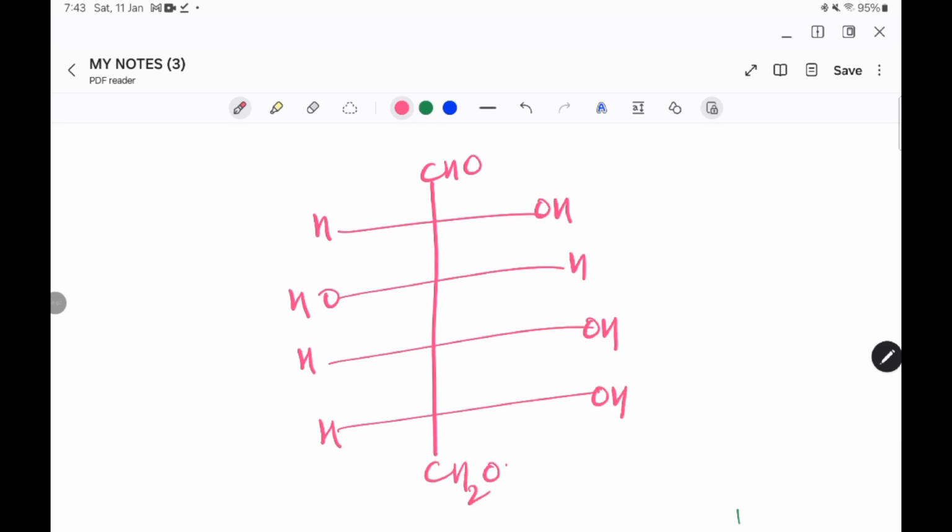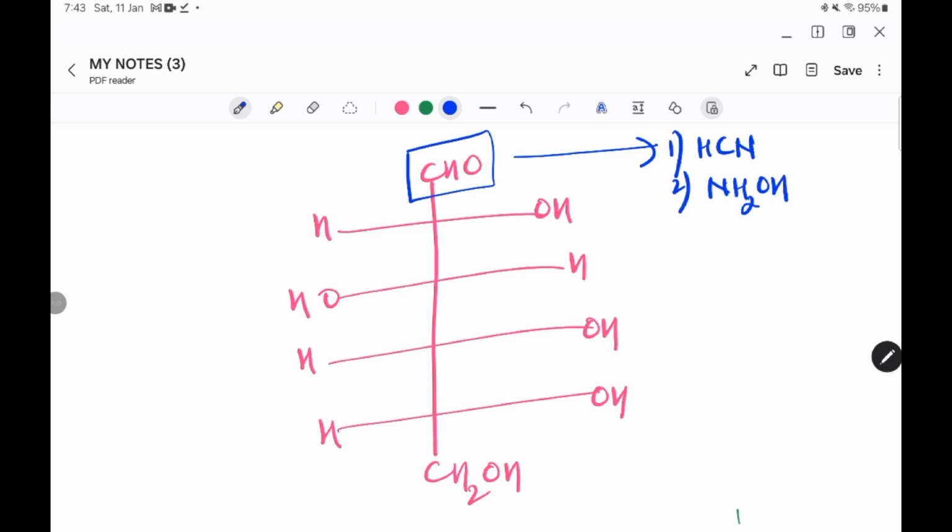So here, what we have proven now, and what questions will be asked in the exam, is to prove that glucose contains a CHO. For that we have done two reactions. One is with hydrogen cyanide and the second reaction we did was with hydroxylamine. These two reactions happened and we got the formation of cyanohydrin and oxime, and it proved that yes, glucose contains